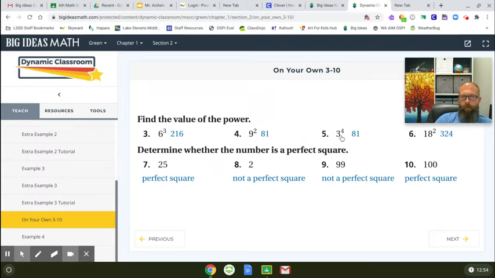3 times 3 times 3 times 3, 4 times. And then, are these perfect squares? 25, yes, because 5 times 5. 2, no, because 1 times 1 is not 2, and 2 times 2 is 4. 99, no, even though it might look like it because 9 is. 99 is not, because 9 times 9 is 81. And 100 is because of 10 times 10. So there you go. That's how you